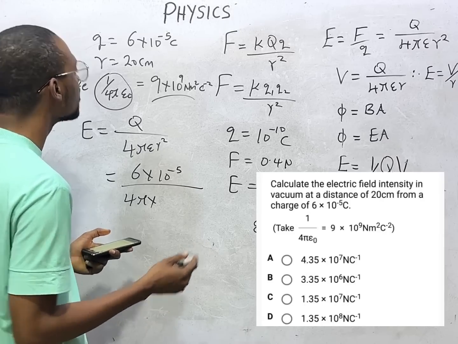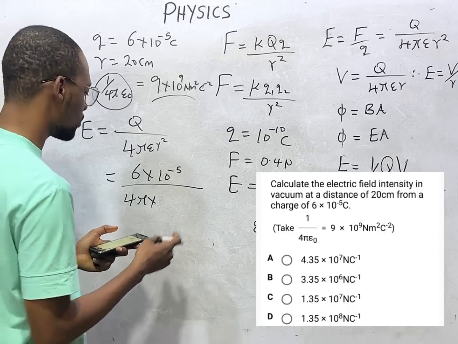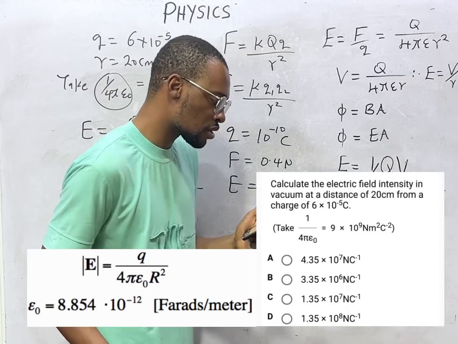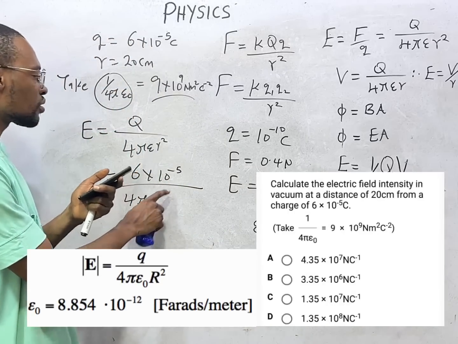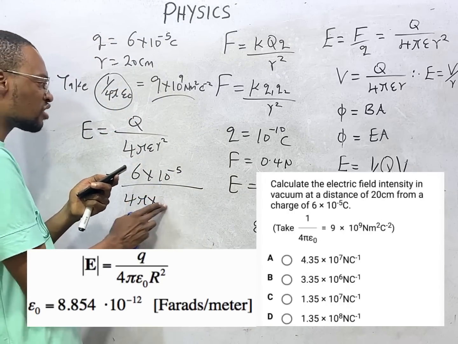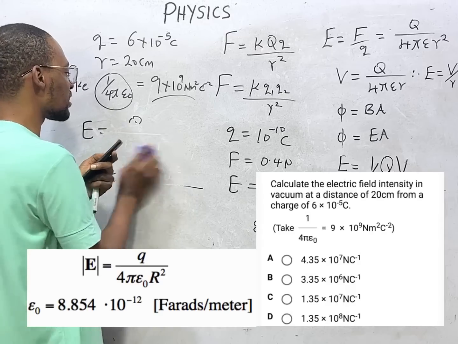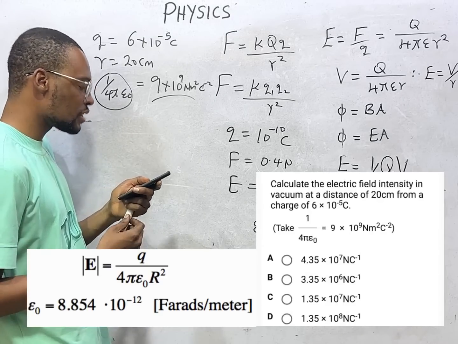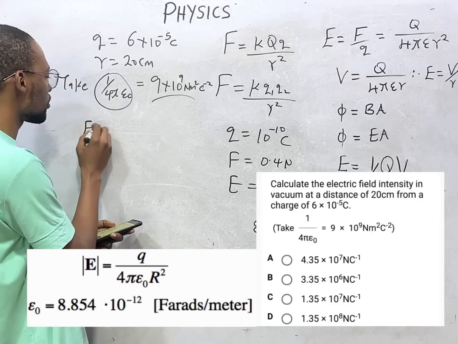In fact, okay, look at this. Times whatever. But to solve this, I think I'm even using the long cut. Epsilon has its own constant, so you can use the value of epsilon and solve. But this is actually a long cut. The shorter cut is simply E is equals